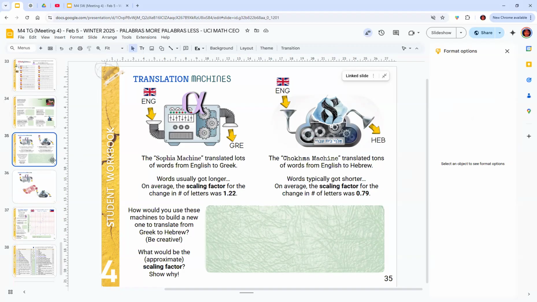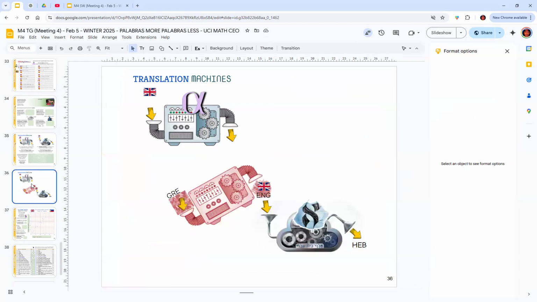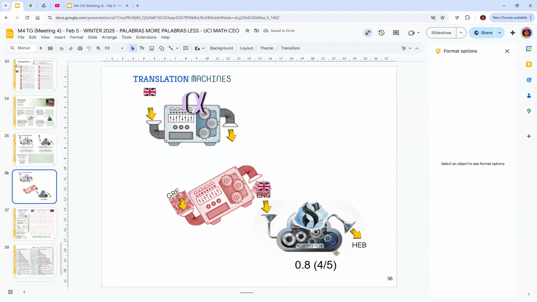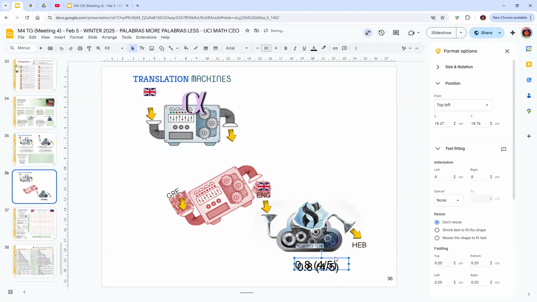But so what happens is, let's see, if this machine had 1.22 and this had 0.79, then this we didn't touch, so it's still going to have 0.79, which we can really approximate to 0.8 or 4/5, right? So that would be okay. That's the scaling, makes words shorter by 20%, right? And then Greek to English, well, we actually had Sophia